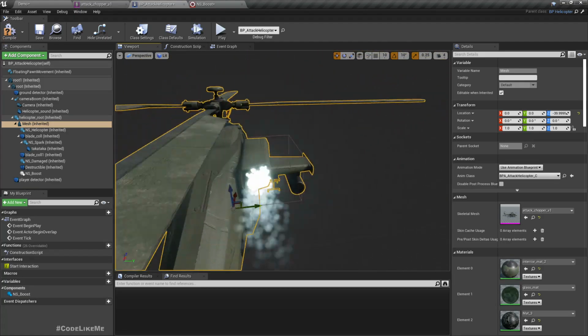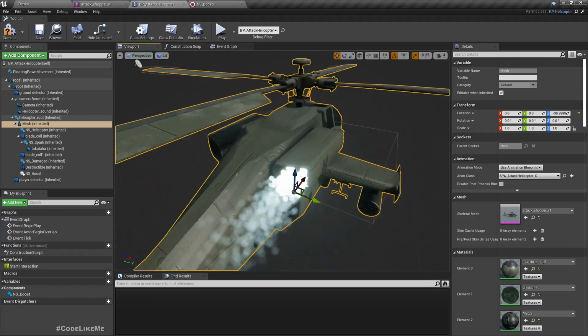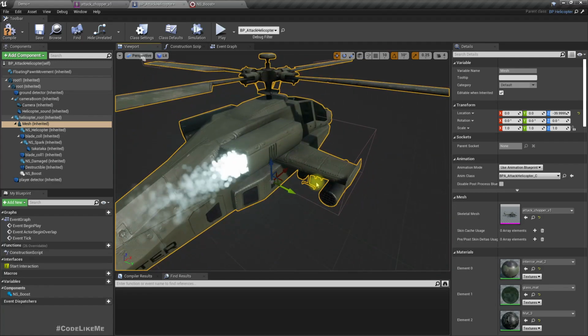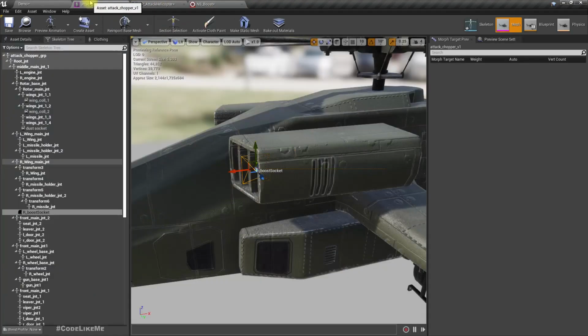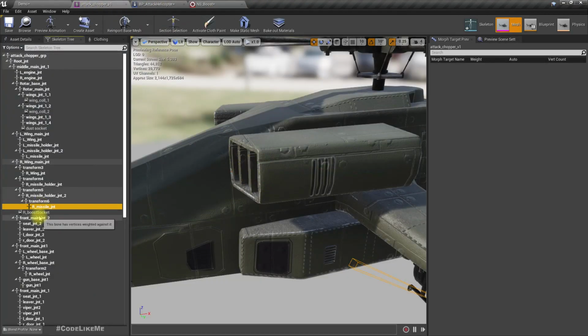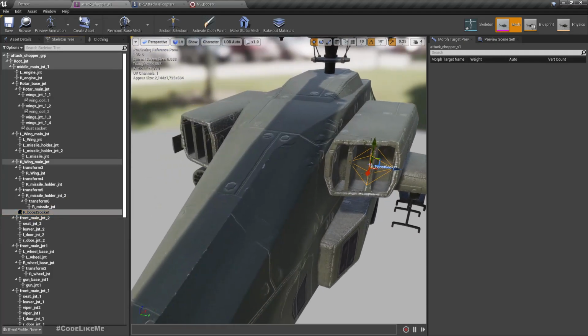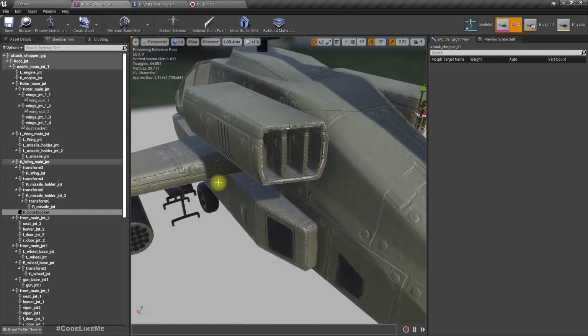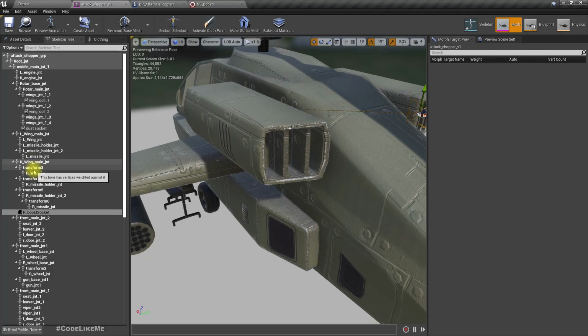Now what we have to do is we need another one in this side as well, and only when we activate boost we need to speed up the helicopter and activate this particle and add some sound effect. So right, let's see how to do that now. So first I'll add another socket to the left side. So this is attached to our win main joint,